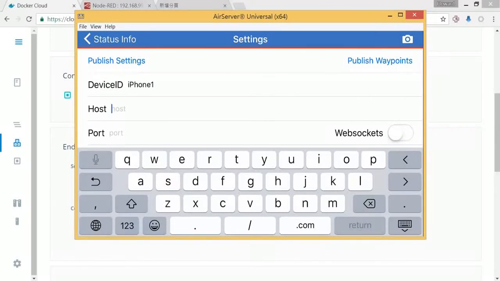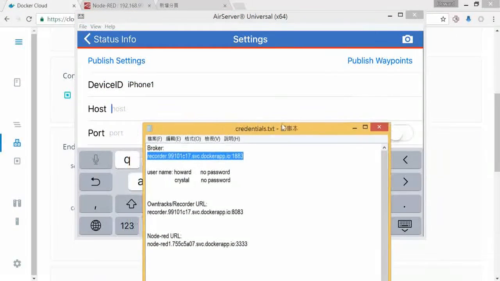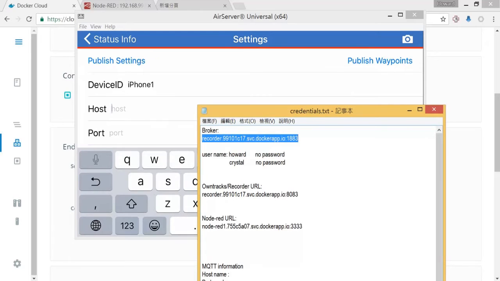Hostname. Remember that our hostname is this, so it has to be entered correctly. Recorder dot 99101